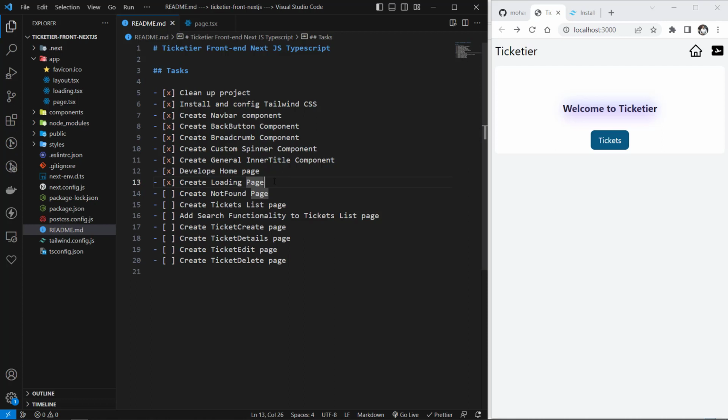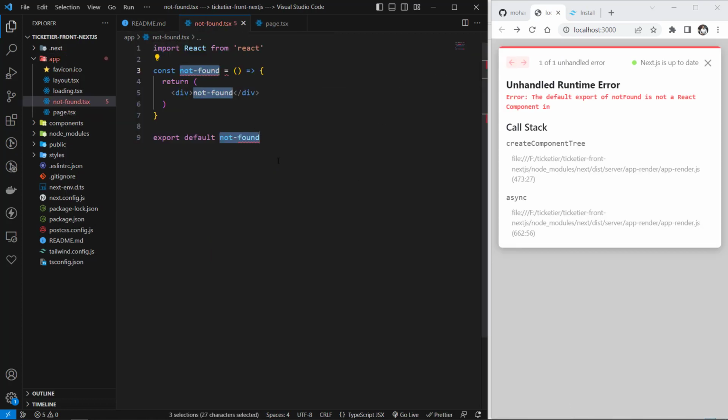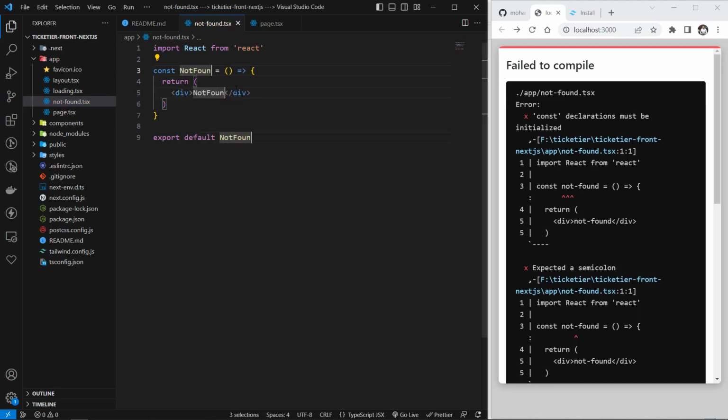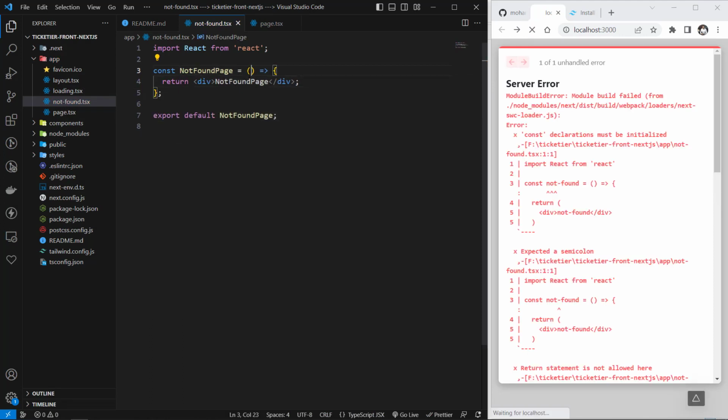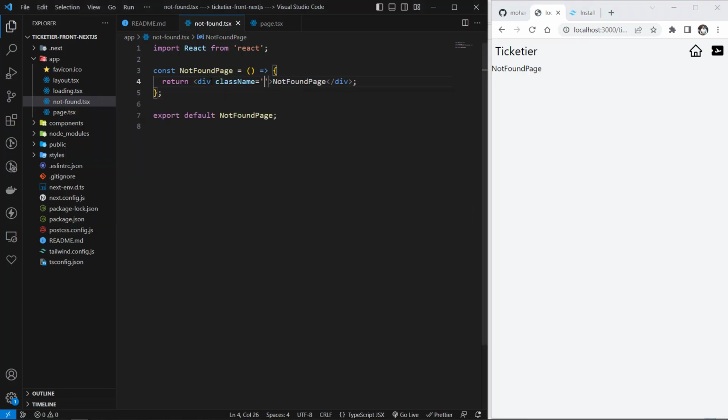Create not found page. Inside of this app, we can create a NotFound.js or JSX or TS or TSX and RAFCE. This is it. So let's change this to not found page, and that's it. So if you go to somewhere that is not found, this would be rendered. So let's refresh. Let's go to ticket, which does not exist here. That's it. It's okay. You can see that it is rendering, and if I use class name of page general class,